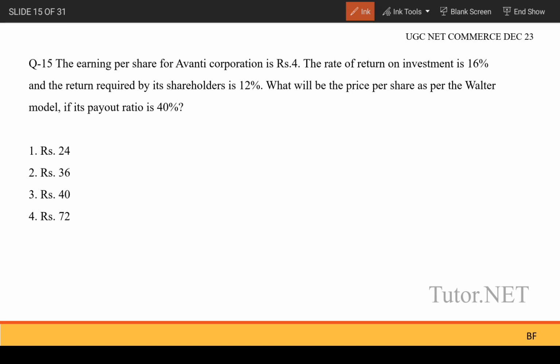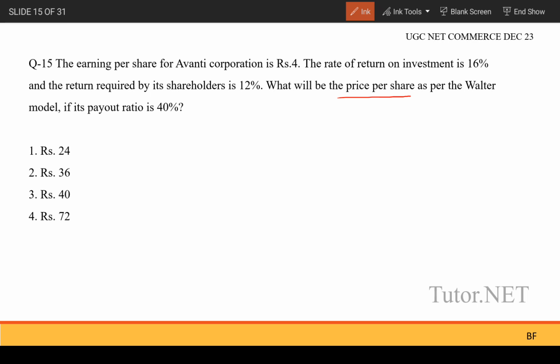The earnings per share for Avanti Corporation is rupees 4. The rate of return on investment is 16%, and the return required by its shareholders is 12%. So we have to find out the price per share as per the Walters model if the payout ratio is